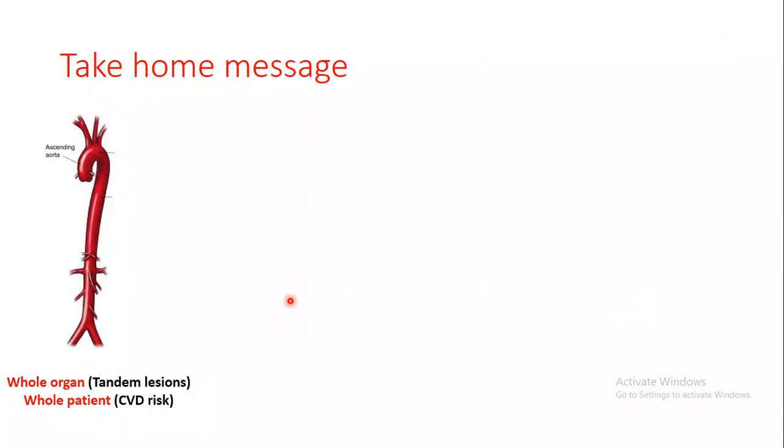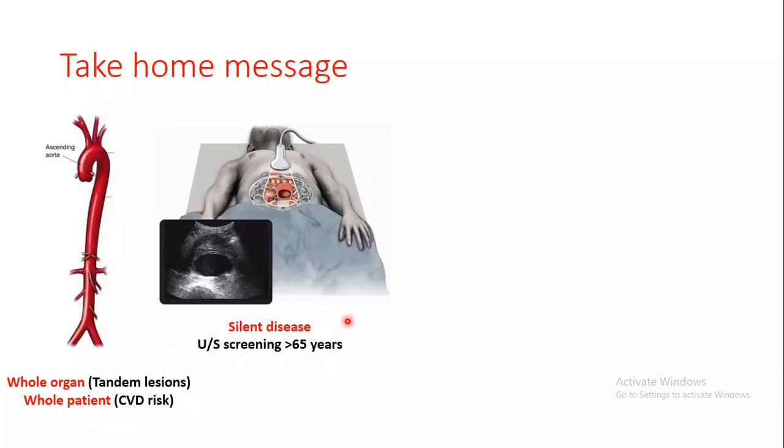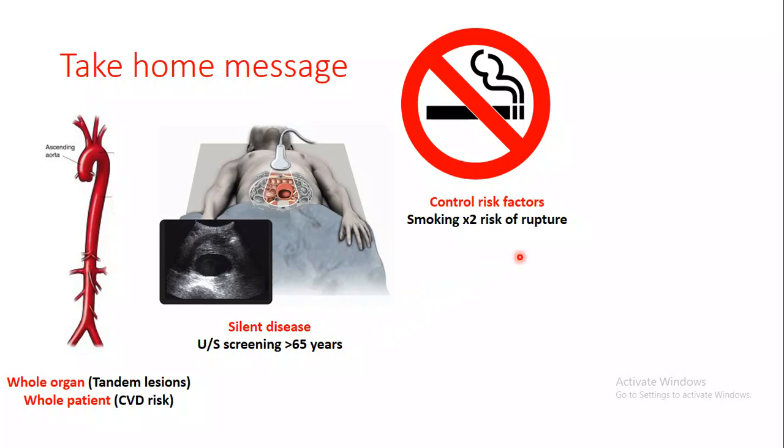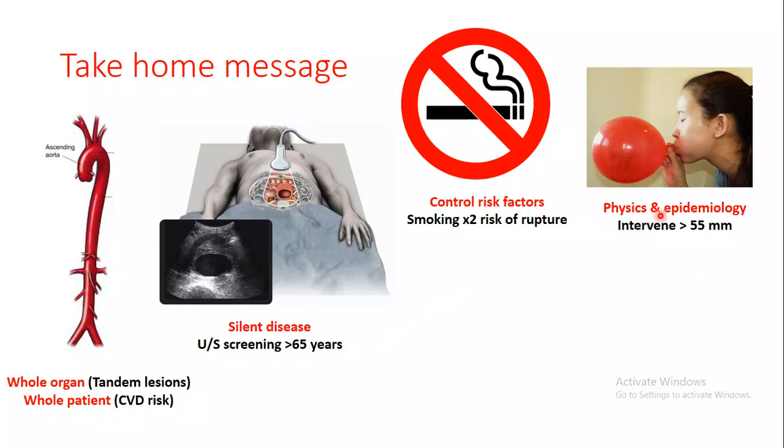Finally, my take-home message is, first, we should deal with an aortic aneurysm patient as a high-risk patient, with the likelihood of dying from myocardial infarction and stroke 15 times the likelihood of dying from the aneurysm itself. And it is a silent disease, so systematic screening in males above 65 years with abdominal ultrasound is recommended. Control risk factors, taking into consideration that smoking doubles the risk of rupture, and respecting physics and epidemiological data with early intervention, with a cutoff point of 5.5 centimeters and a lower threshold of intervention, especially in females, at 5 centimeters